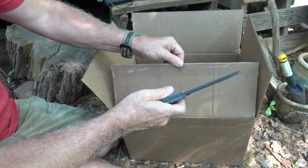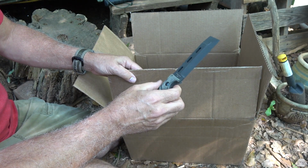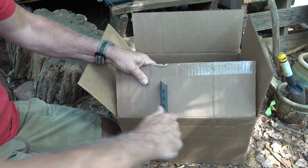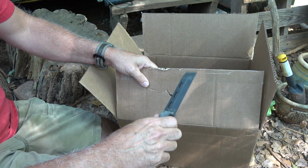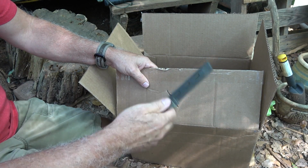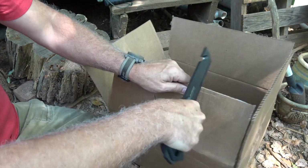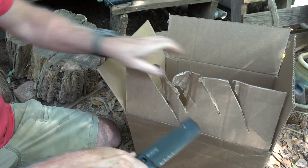Now we're going to start things out with a little bit of cardboard, just very light. And this is the QAB from Ontario Knife. Now this does not have an edge, so obviously we're not going to get anything here. If we kind of came in like this, we could possibly pierce. But again, this is not made really for anything but prying and an entry tool. The Becker BK3, not a problem. Man, that is...